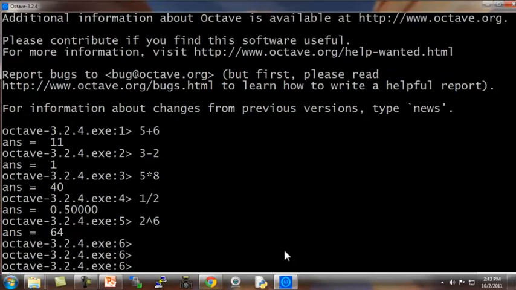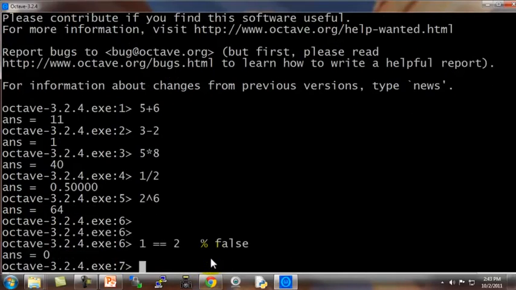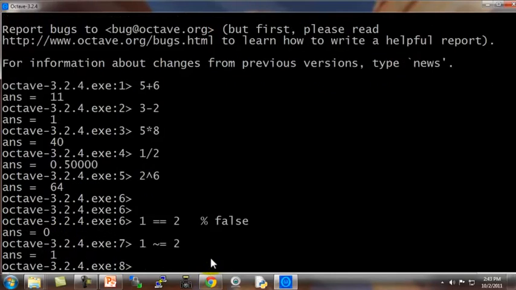You can also do logical operations. So 1 equals 2, this evaluates to false. The percent sign here means a comment. So 1 equals 2 evaluates to false, which is represented by 0. 1 not equals to 2. This is true, so that returns 1. Note that the not equal sign is this tilde equals symbol, and not bang equals, which is what some other